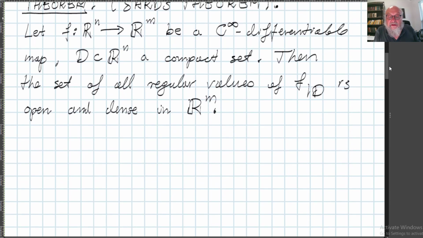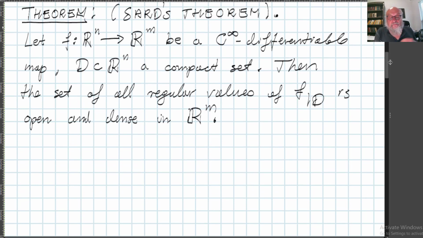As I said, I refer to the differential topology textbook to prove it. So another one, the simple consequence of this theorem,